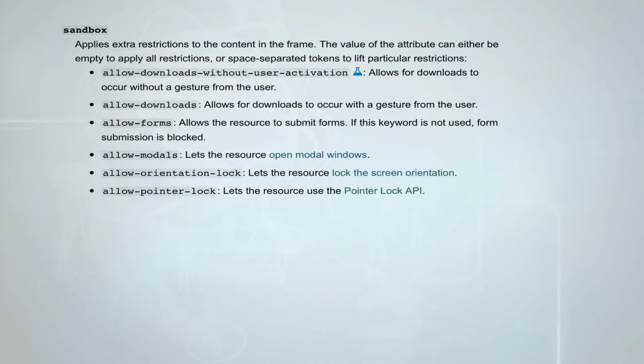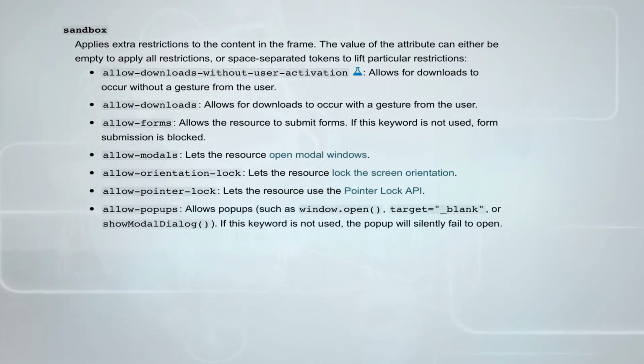Allow pointer lock lets the resource use the pointer lock API. Allow pop-ups allows pop-ups such as window.open, target blank or show modal dialog. If the keyword is not used, the pop-up will silently fail to open.